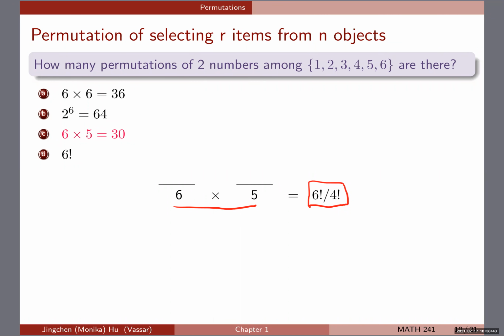It might look a little bit surprising, like why do we care about the factorial? Why don't we just do 6 times 5? 6 times 5 is correct, as we have seen before. But then another way to think about it is that when you have, in this case, 6 distinct objects,